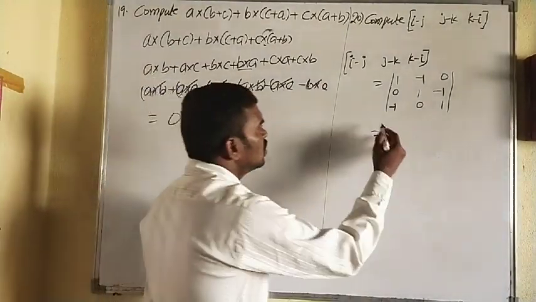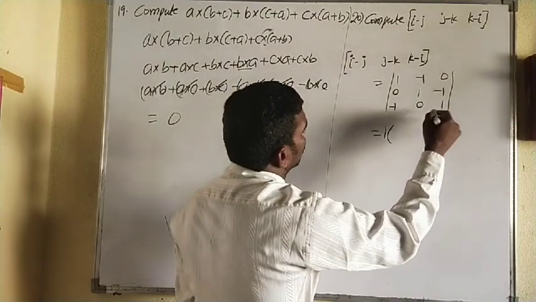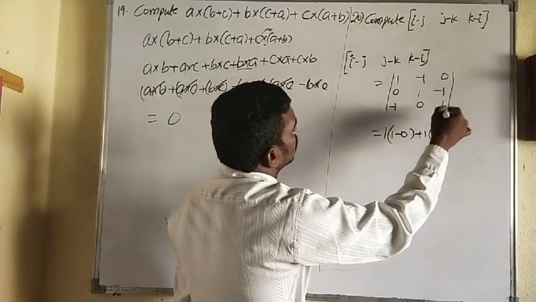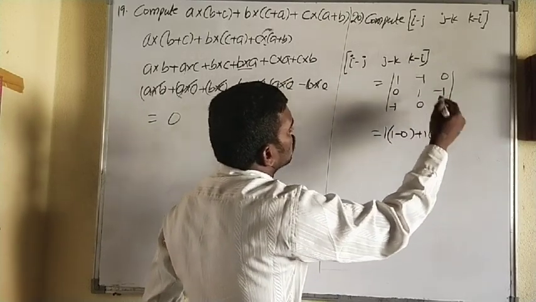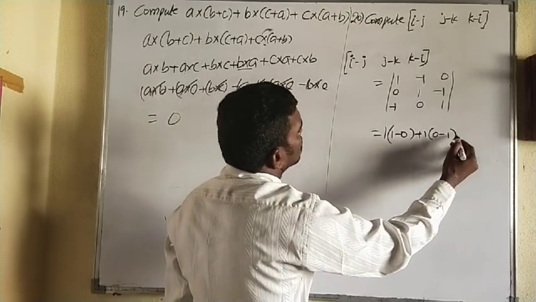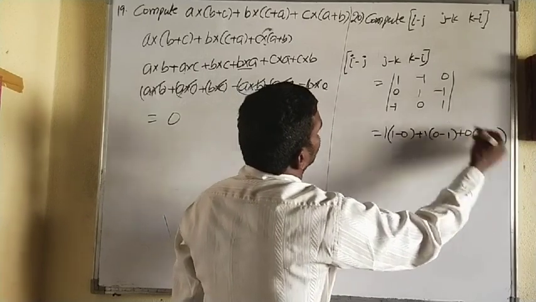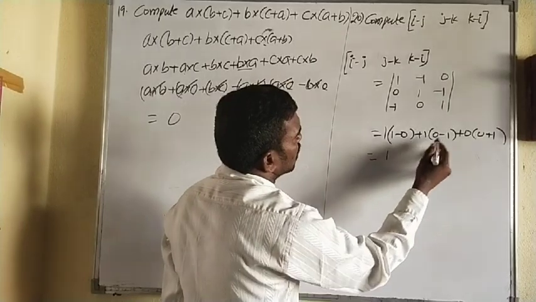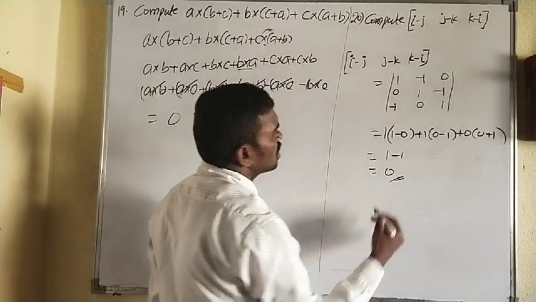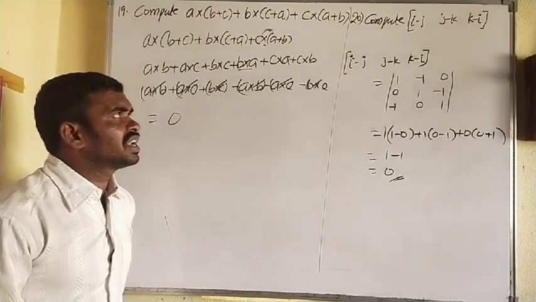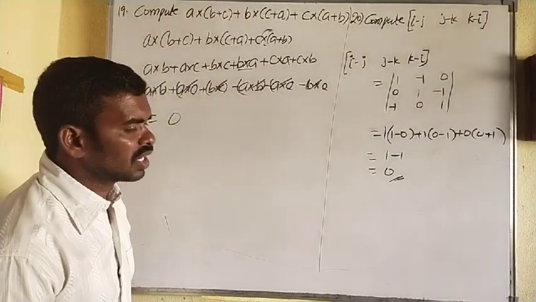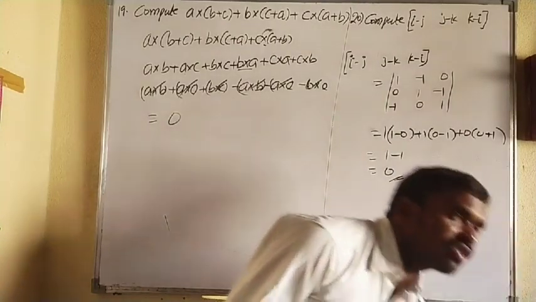Simplify this. Can you do it? So 1 into (1 minus 0), minus of minus 1 into (0 minus 1), plus 0 into (0 minus 1). So we get 1 minus 0, that is 1, and 1 into (minus 1 minus 1)... we get 0. 0 is the answer. And we can say i minus j, j minus k, k minus i are coplanar also, but that point is not mentioned, that way no need to write.